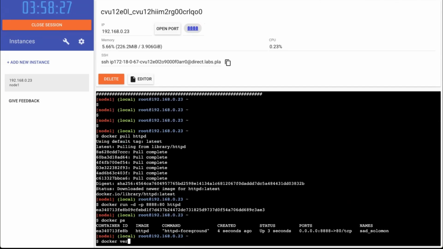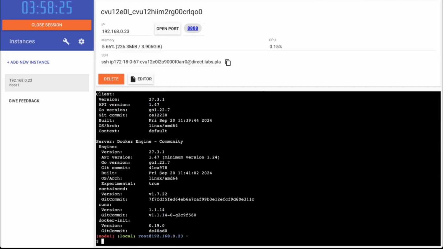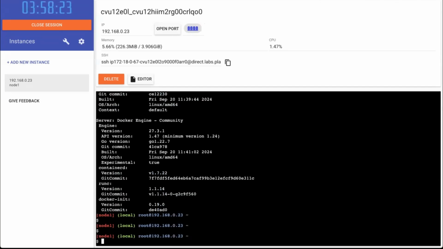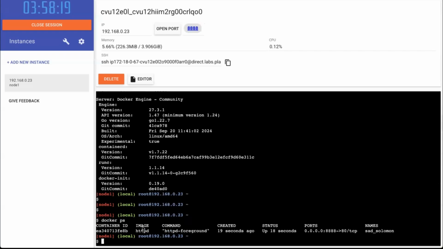Docker version also you can verify. We have this version running. Okay. And Docker logs also you can see. Docker ps. So how we can verify the logs? Let's say Docker logs. You can put the container ID. So let's say EA. So you can just put the unique name, unique numbers. Okay. Let's say we have multiple Dockers and few Dockers are starting with EA, but the third digit or third word is